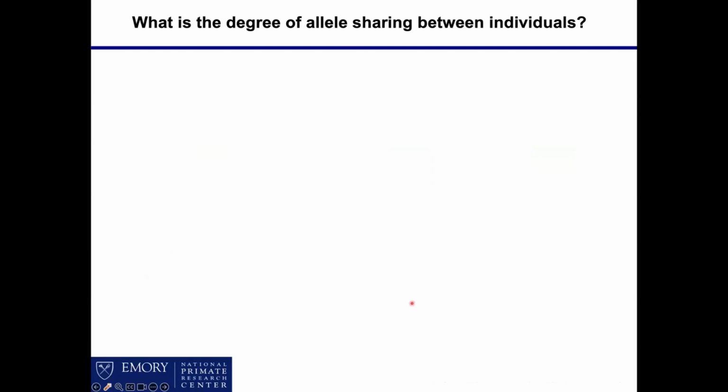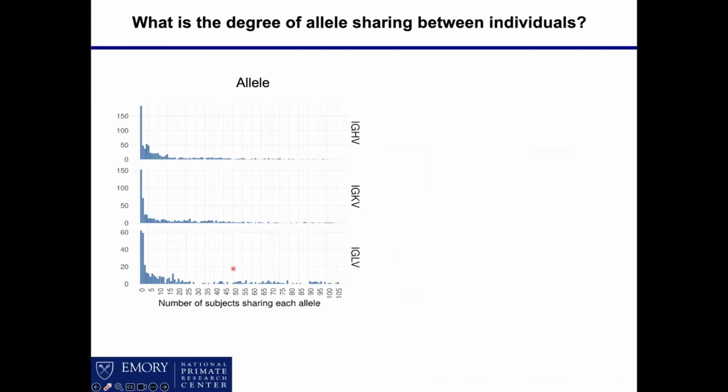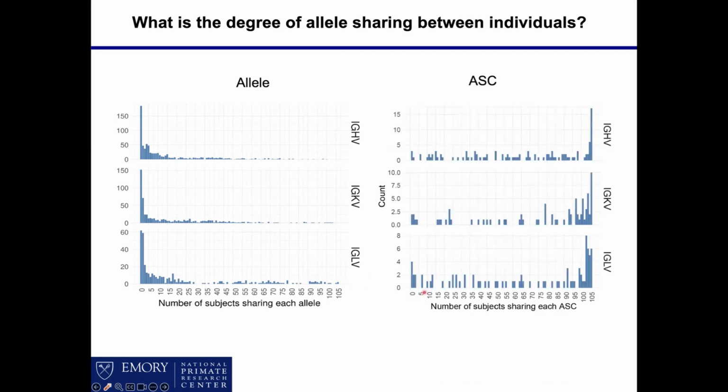We also asked, what is the sharing? So how common are these alleles between individuals in our database? And you can see it, as you might predict, there are actually a few common alleles that were present in, sorry, not 90%, 90 individual animals out of our 106 subjects. And then there were a fair amount that were similarly unique. But you did have a high degree of allele sharing in general. And so, the majority of our data set was not simple singletons. It was, in fact, the opposite. Most alleles were seen in multiple animals.